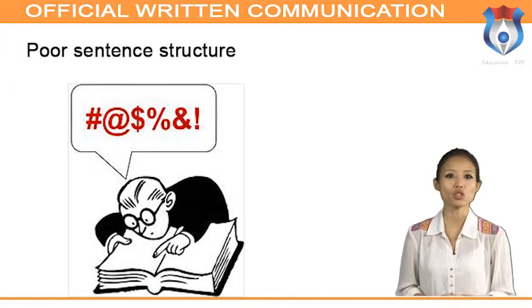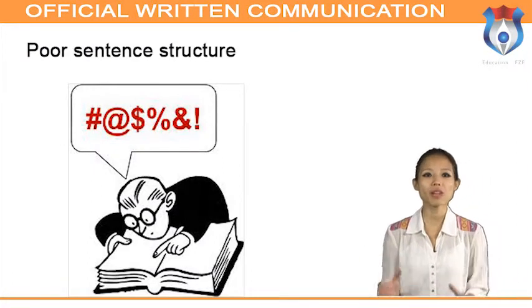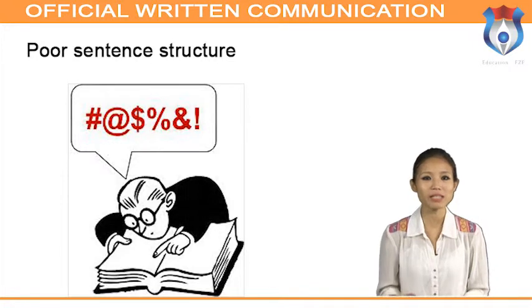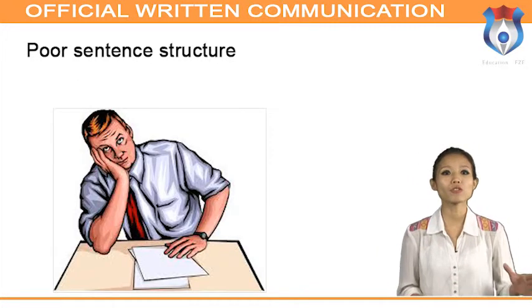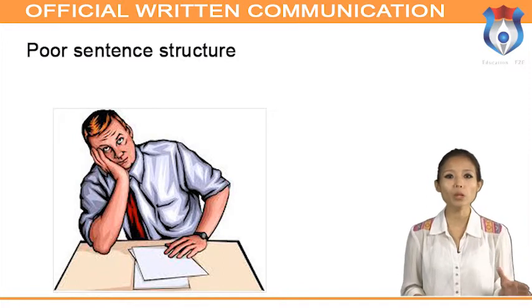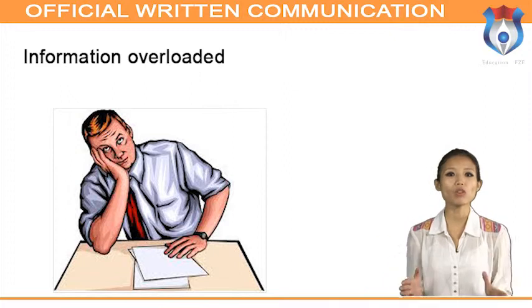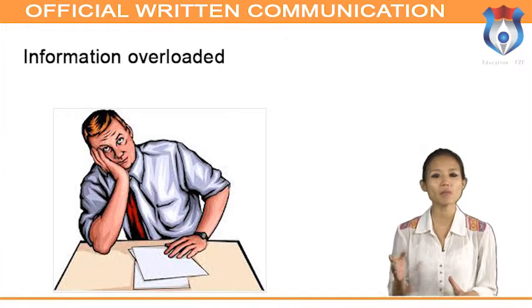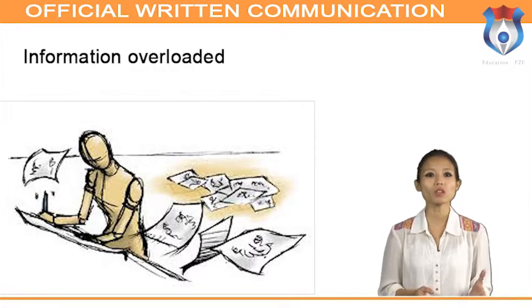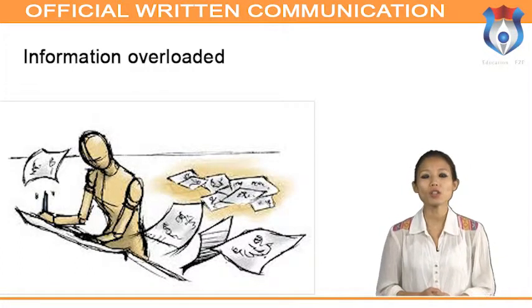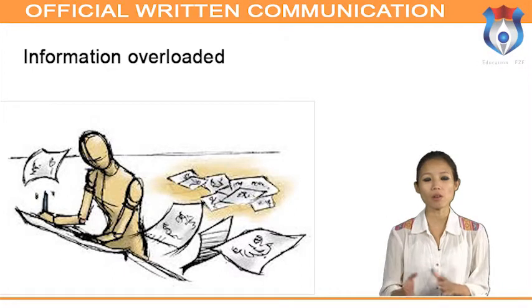Poor sentence structure. It relates to writing fragments instead of writing complete sentences and writing sentences that lack unity. Words have to be structured to the extent that what precedes should be in accordance with those that follow. Information overloaded. Giving too much information makes the readers overwhelmed and confused. Therefore, we must decide what sort of information is required in order to produce a clear, concise and relevant written